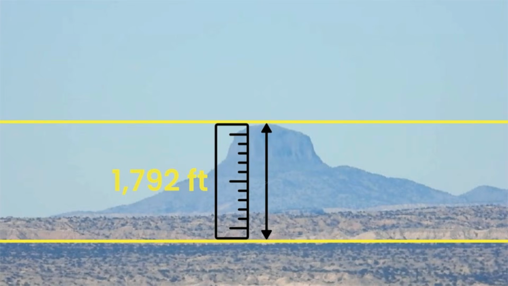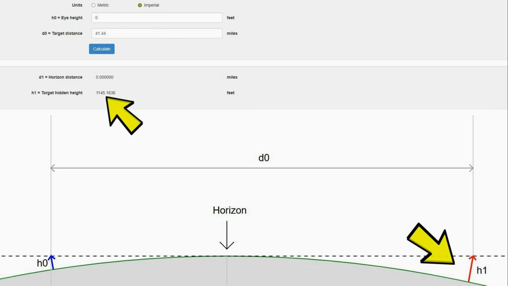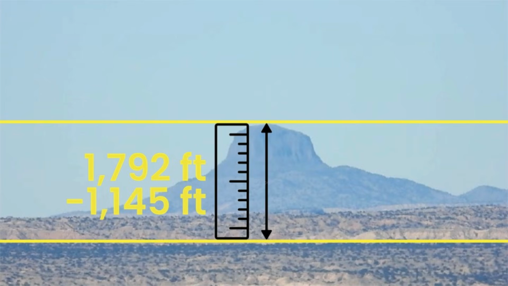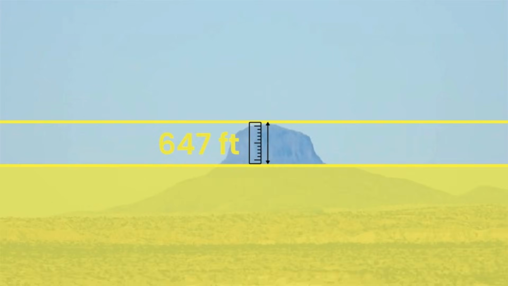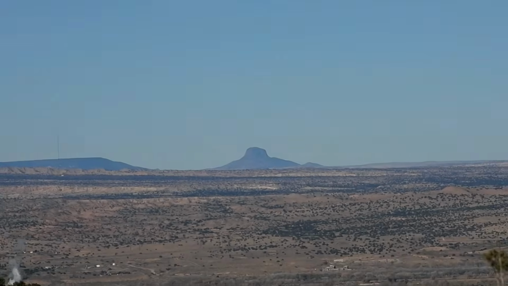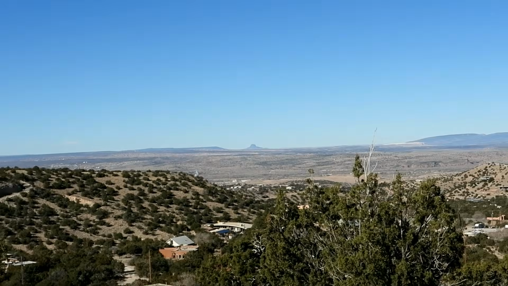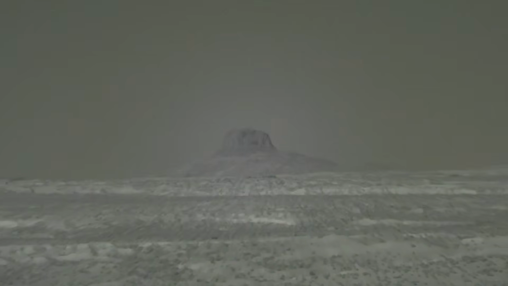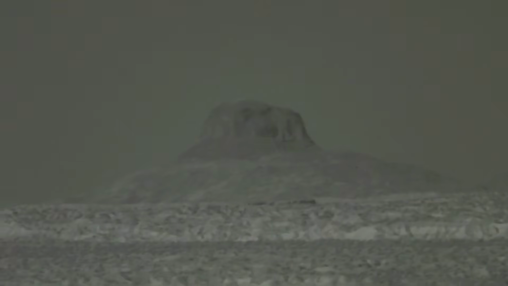the top of these mountains to 1,792 feet. The target hidden height is 1,145. We should only be able to observe the top 647 feet of Cabezon Peak. Again, there is no detectable curvature. Again, with the infrared filter,